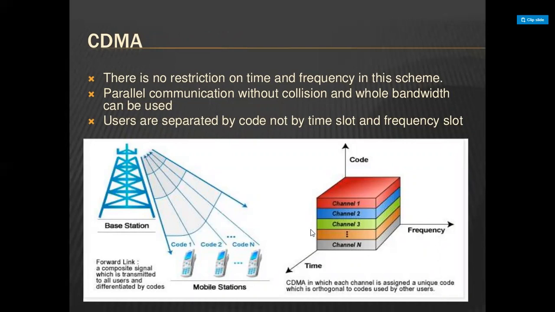Next, coming to the next concept, CDMA, that is code division multiple access. As the name itself indicates, this multiple access technique depends on the code. Here the narrowband message signal is multiplied by a very large bandwidth signal, which is called the spreading signal, which is nothing but a pseudo noise code sequence in CDMA, represented as PN code.